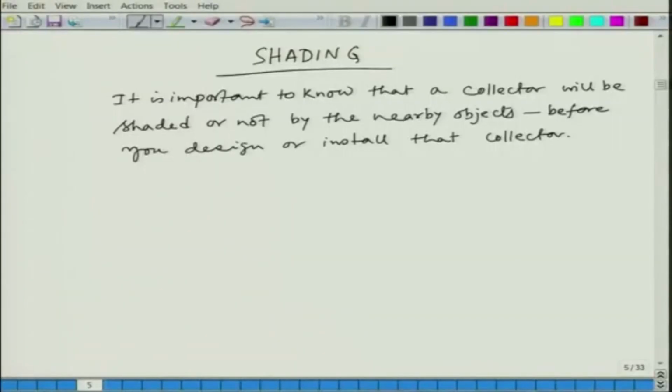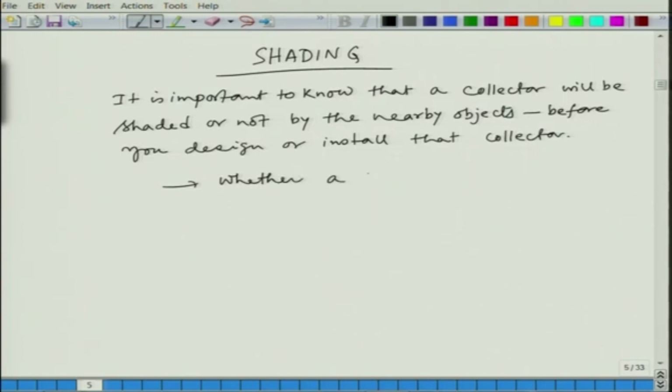Or maybe a large tall building just across the street, whether that creates a shade for most of the effective hours in the afternoon. So, you have to know that before you can decide. Otherwise, you place it, you install it, but you get a lot less power than you would anticipate. So, that is why we need to know